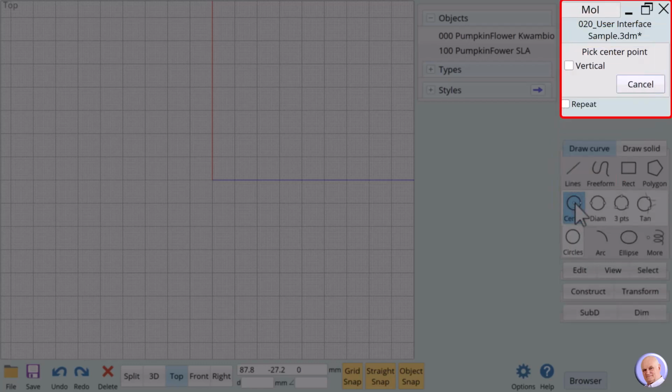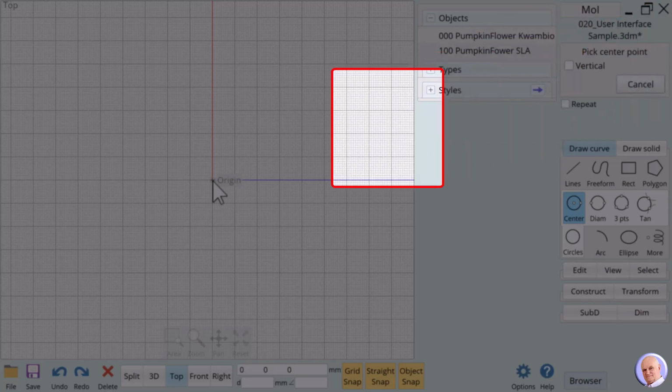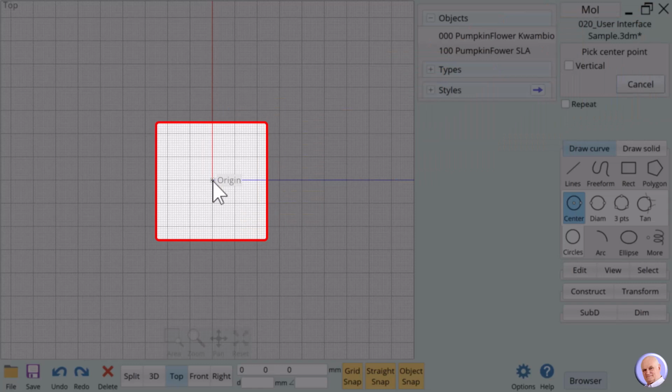Immediately upon clicking on the center button, a dialog pops up in the area above the palettes. At the top of this box is the prompt for the first step in creating a circle using the center method. Just below the prompt line, we see that we have one option, vertical. We'll leave that unchecked for now and follow the directions of the first prompt by clicking somewhere in the view